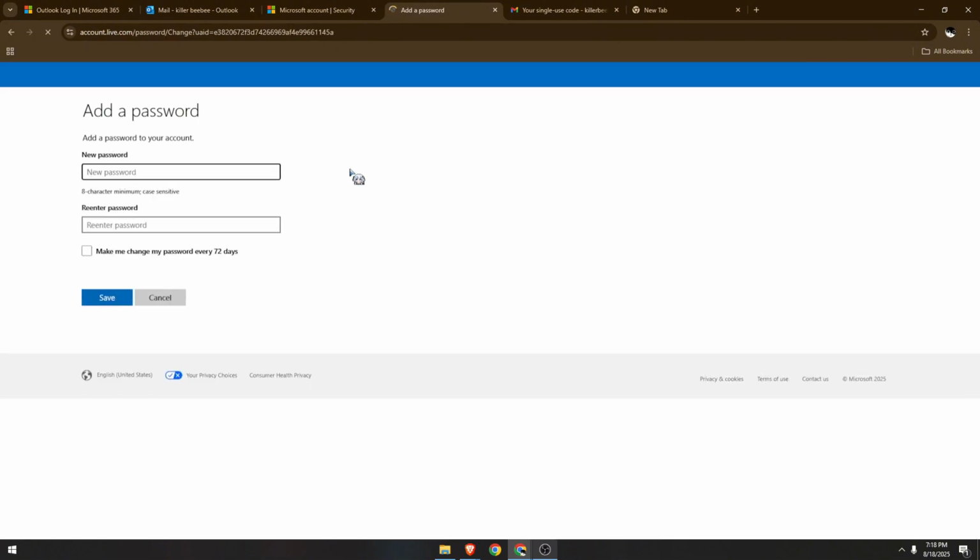Click on that. It will just ask you to enter your new password. Make sure to hit save changes after you have successfully entered your new password. Okay, make sure it's a combination of upper, lower cases, symbols, and numbers. And that's it. After hitting save, you have successfully changed your password in